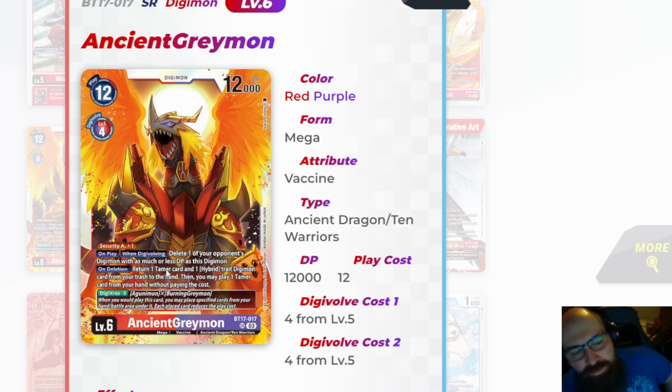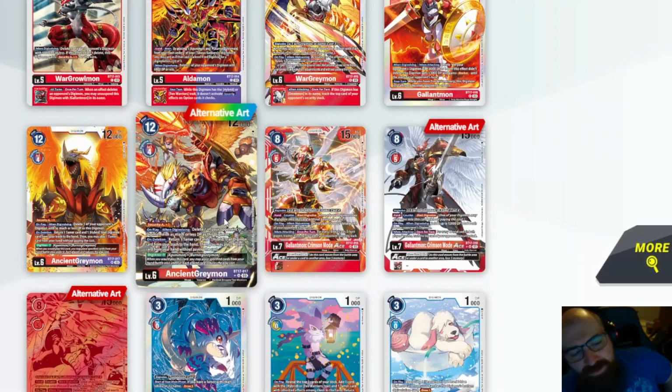On deletion, return 1 Tamer card and 1 hybrid traded Digimon card from the trash to the hand. Then you may play 1 Tamer card from your hand without paying the cost, which is fairly good. Like a lot of the new Ancients, you do have the Digicross ability here with the main 2 Mons, which will then reduce the cost by 6, so it becomes a 6 cost drop, which is just a very good